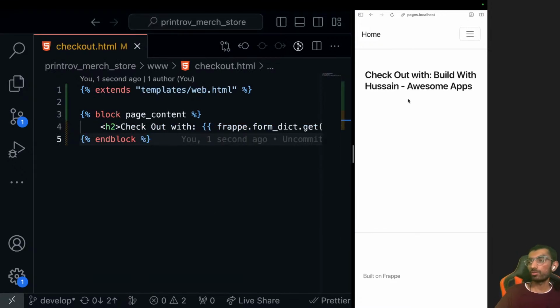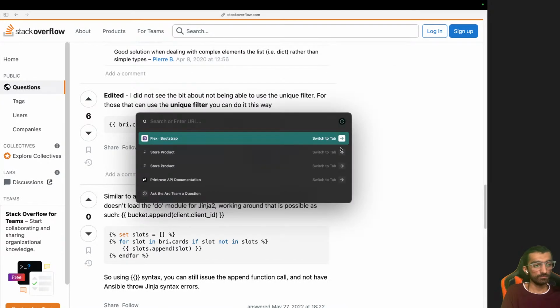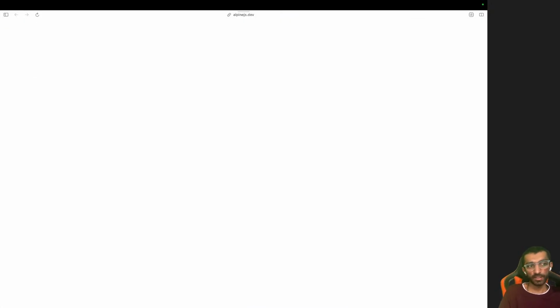So I want to do a form here, and I don't want to do it in the typical jQuery vanilla form way. So I am thinking of using a JavaScript library to get some reactivity here, because I'm used to Vue.js, and it will be easier to manage that as well because I don't know jQuery. So I have two options. Either I can use this Alpine.js,